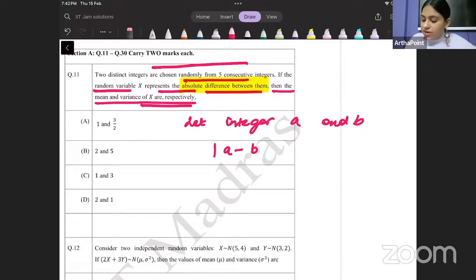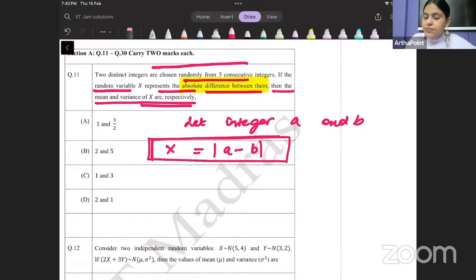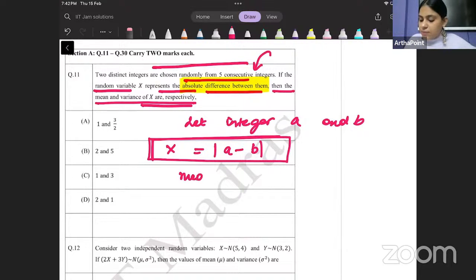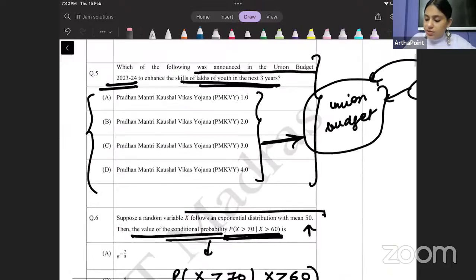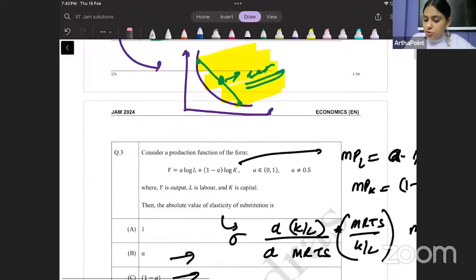So you have to go ahead and say that x represents the absolute difference between a and b, and they are chosen from 5 consecutive integers. So you need to go ahead and find out the mean and variance of x. So let me just do it simultaneously. So question number 1 to 10, beta, question number 1 to 10